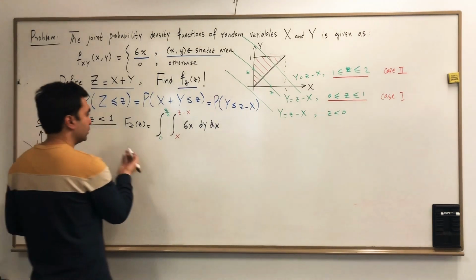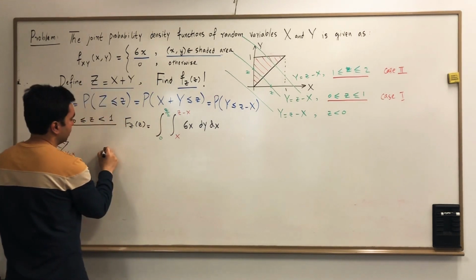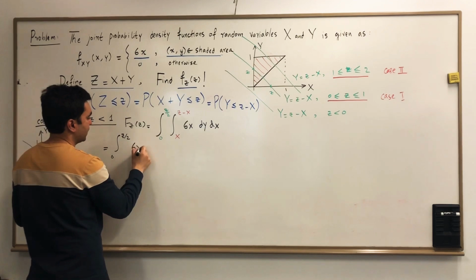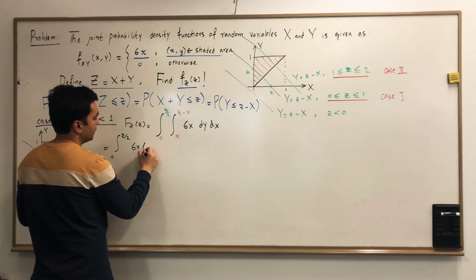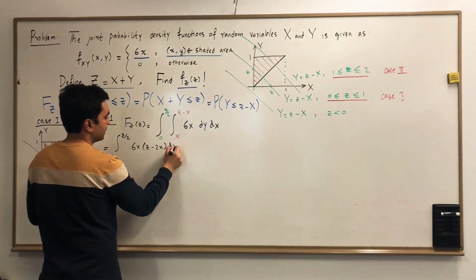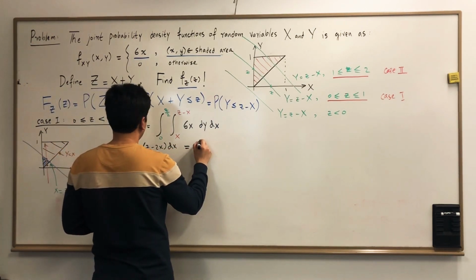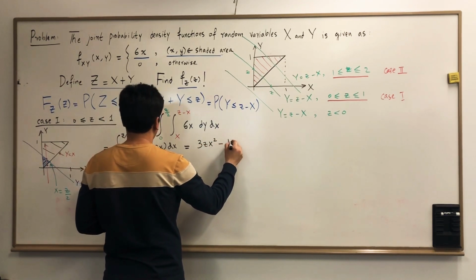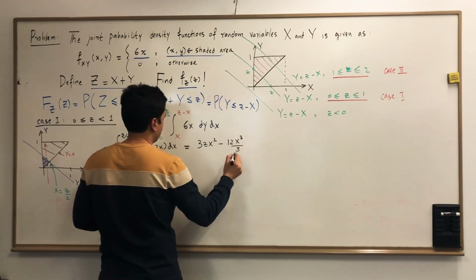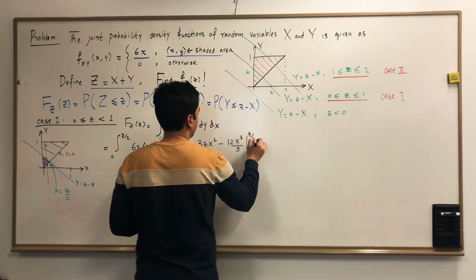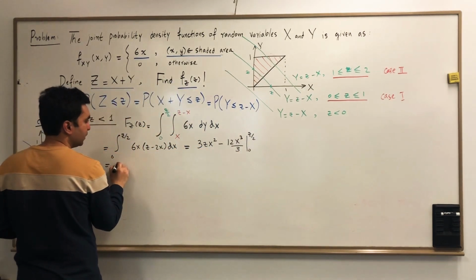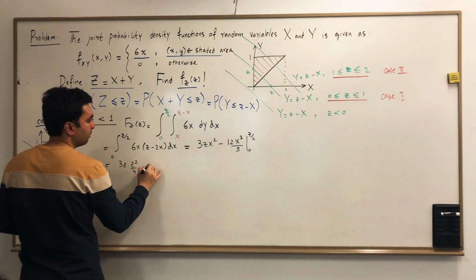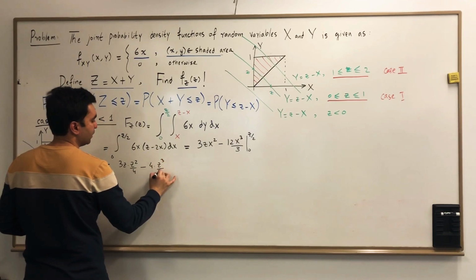So now we just need to compute this integration. That turns out to be the integral from 0 to z over 2 of 6x times (z minus 2x) dx. So this will be 3z x squared minus 12x cubed over 3, from 0 to z over 2, which turns out to be 3z times z squared over 4 minus 4 times z cubed over 8,